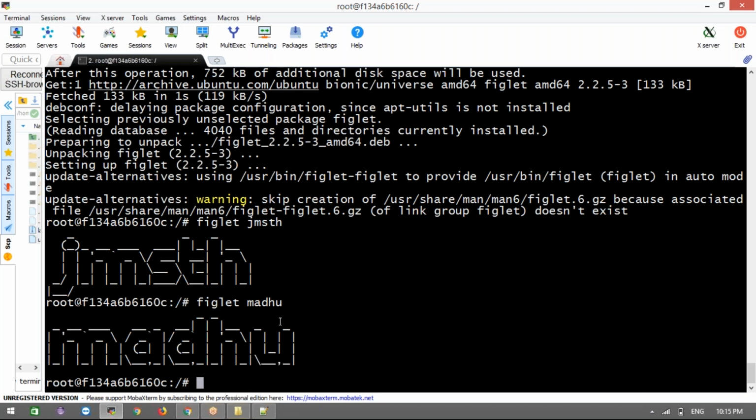Because next time onwards, if I want to use the figlet software, I don't want to take the new Ubuntu image, go inside it and install figlet again. I don't want that. This is my custom image. I want to make it on top of that Ubuntu official image, install my softwares, and now I can use this image anywhere for the next purpose. Clear guys? Requirement is clear now?